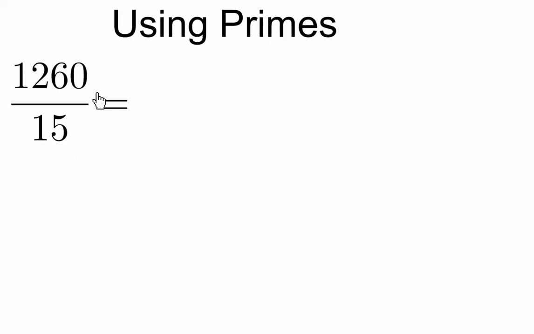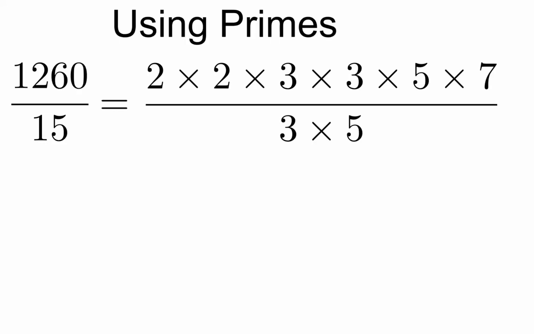What I can say is that with a few little pieces of knowledge, I can look at 1260 and I can turn it into its prime factors. So I get 2 and 3 and 5 and 7. And the same with 15. How can I see that so quickly? Well,